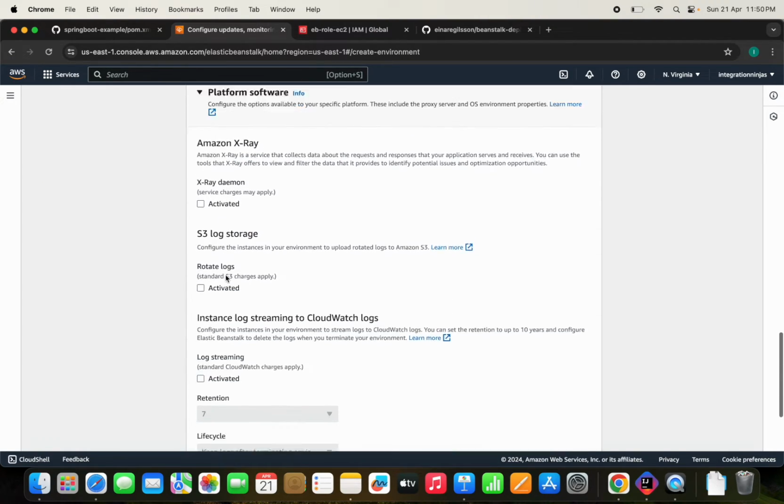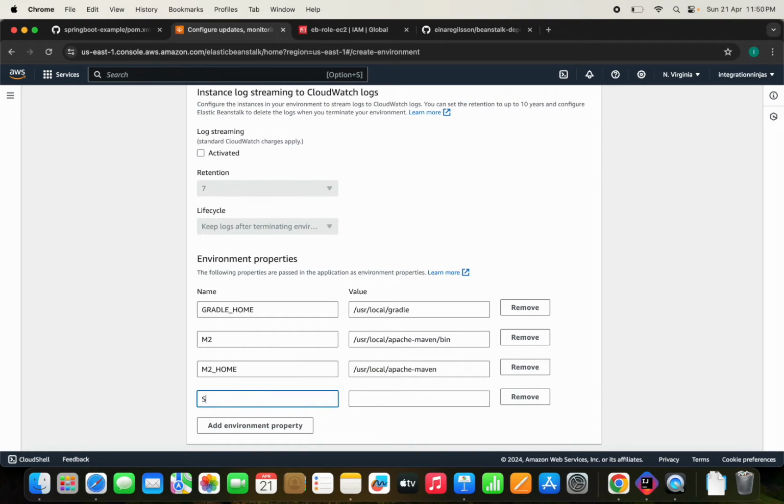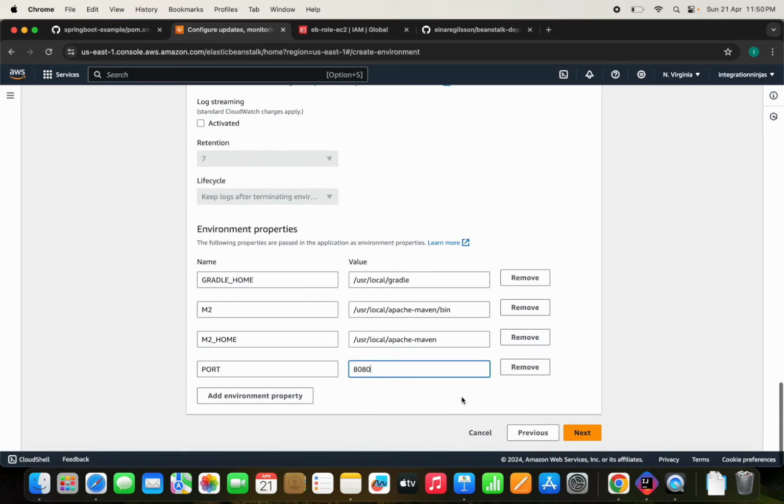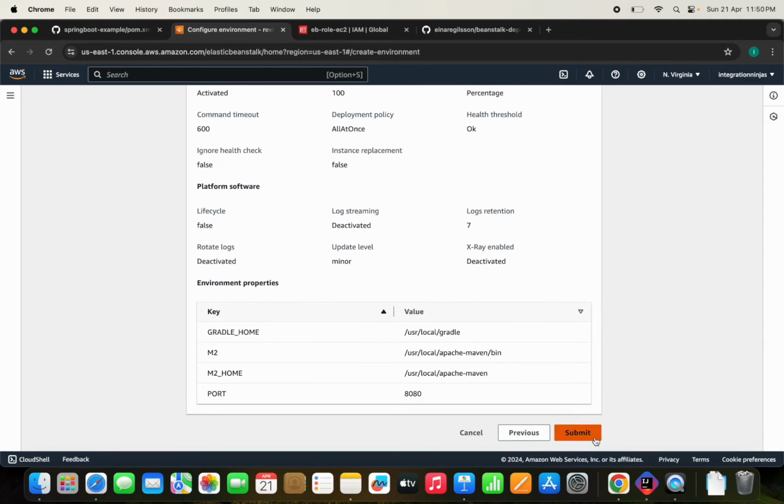So yeah, we don't need to edit any of these details, but I want to add a property here that we are going to use as a port. We are going to listen to our application on the port 8080. I'm just adding this because I've seen the behavior that it's by default running on 5000, but maybe I'm not correct, but I have just added this as 8080. So let's add that, and let's click on the submit button, and we can see